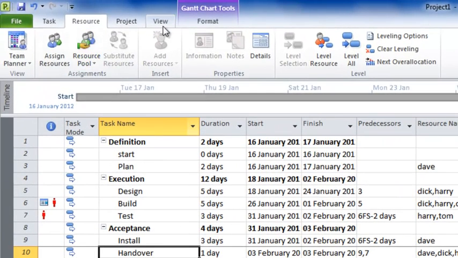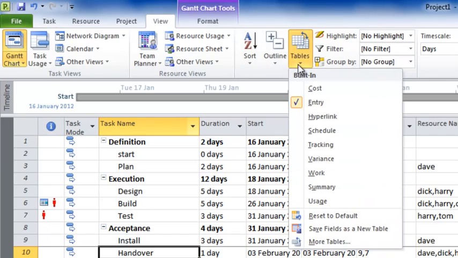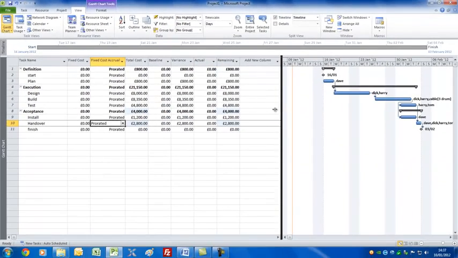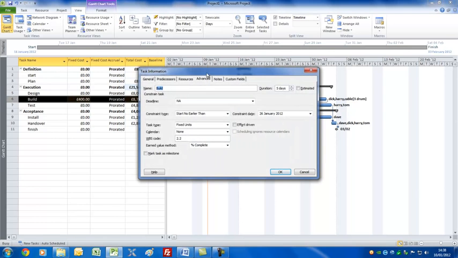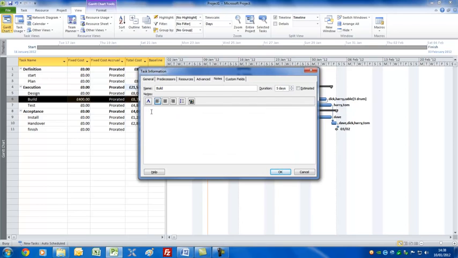If we now go to view and choose tables, and we'll use the cost table simply because it has a fixed cost field, and for the build, in addition to the drum of cable, we'll need some other materials, but rather than include those in the resource sheet, we'll merely add it as an expense. Let's have £400 for that as a fixed cost. Now, like any task, I'm just going to double click on this and go to notes and make the note that the £400 is for hotel and travel expenses, just to show you can do it,